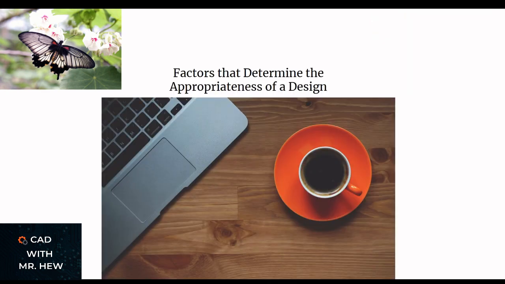Normally you wouldn't choose a butterfly, but can you guess why I chose a butterfly? I chose a butterfly so that you would have to choose an example for your exercise. I didn't want you to be able to use a butterfly. There's no way you would be able to use a butterfly to determine the appropriateness of